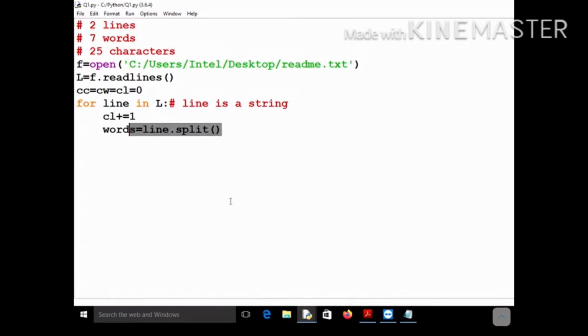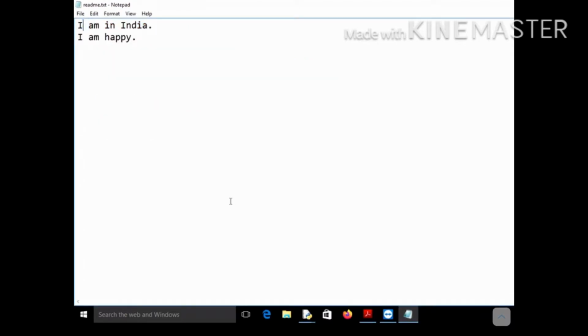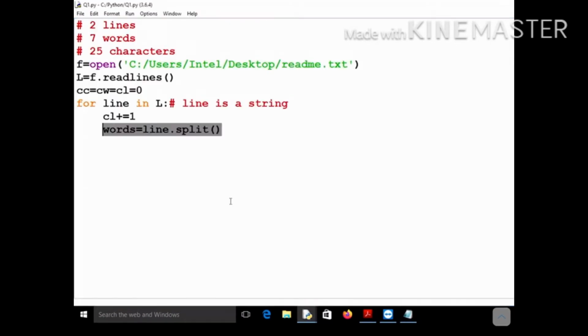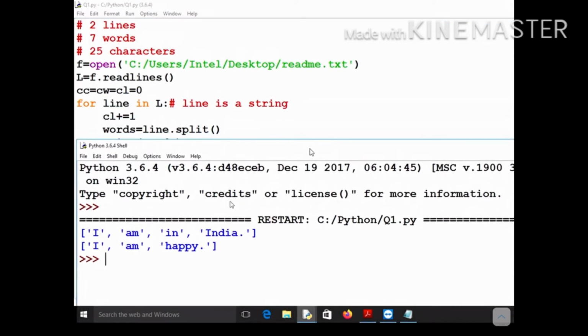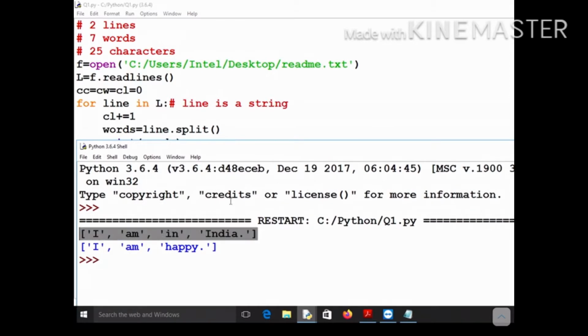So what this statement is doing is that it will take the first line and split it into words. So how many elements will be there in this list words? Let me first print up to this and show you what this list words is containing. Just have a look at this. You can see that the words list is nothing but the collection of words. It is a list containing all the words of your line.